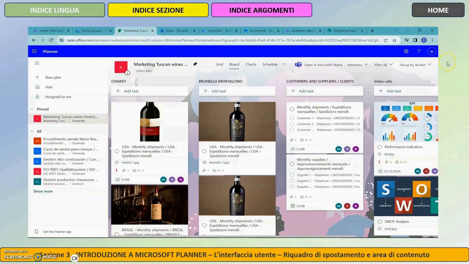This is the board where activities are organized in columns. So up here we have what are called buckets, and vertically there are the activities. There is this Italian company that wishes to market Tuscan wines in America. Thus, activities have been assigned for the marketing of Chianti,